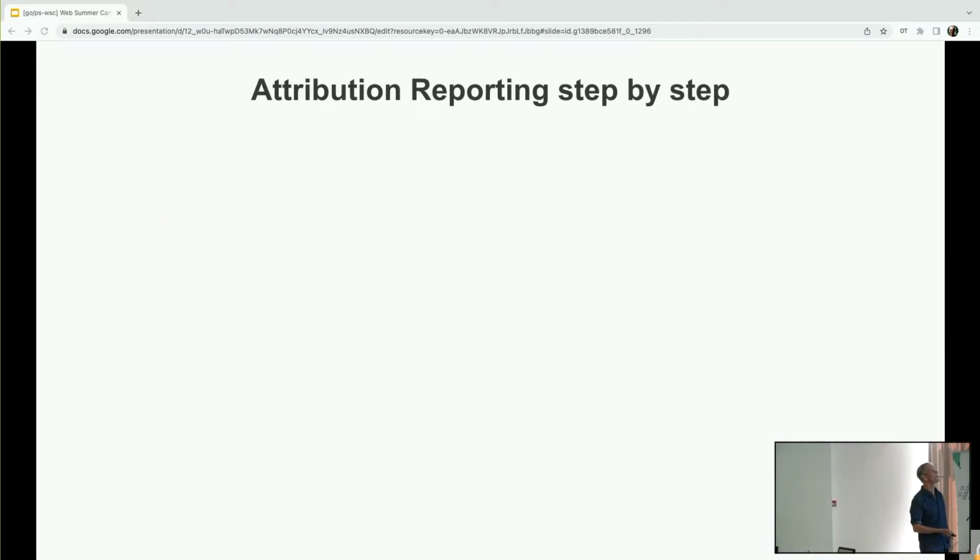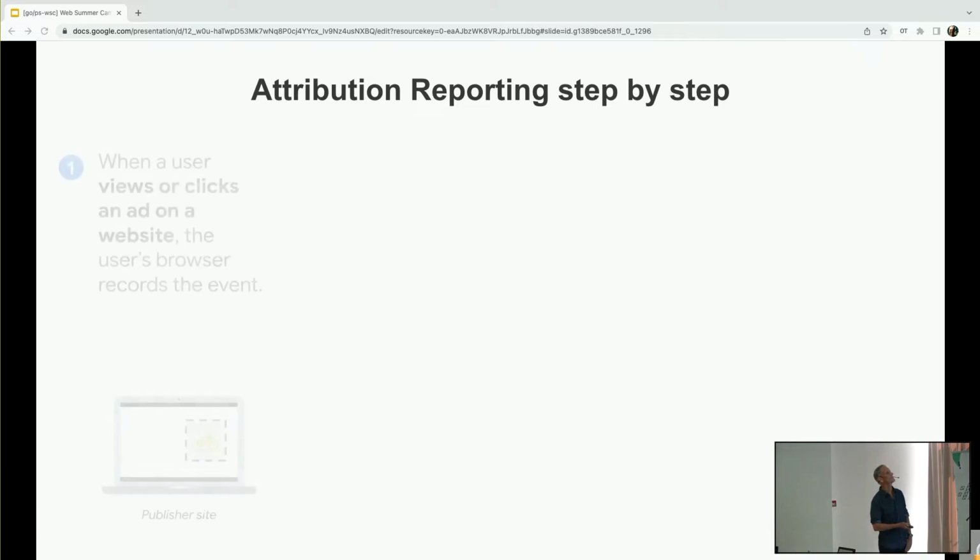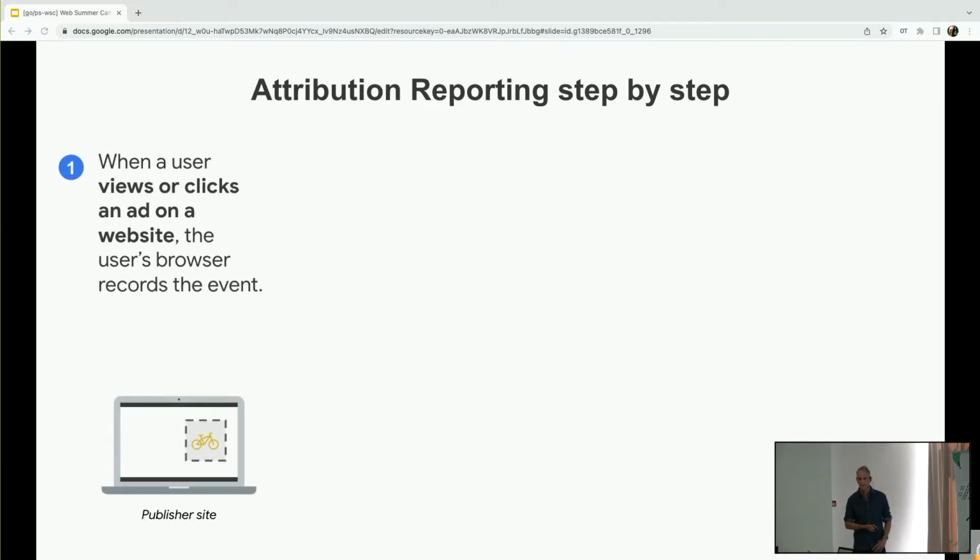So let's just go through that step by step. The first part of this is that a publisher website can configure ads with this special attribute, attribution source, which means that when a user interacts with that ad, the browser keeps a record of that interaction on the user's device.